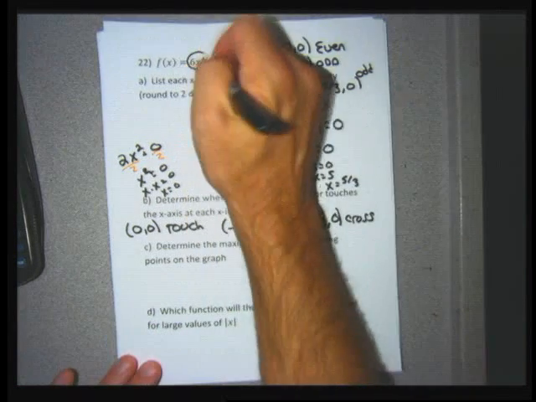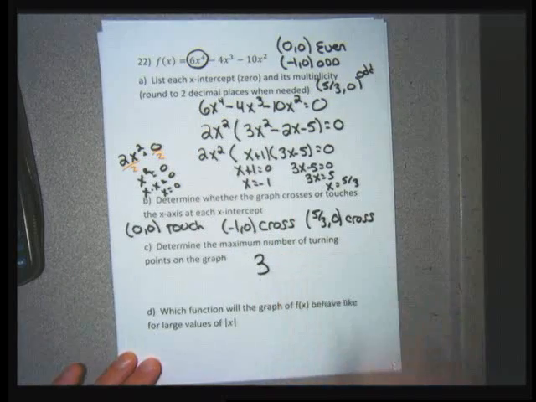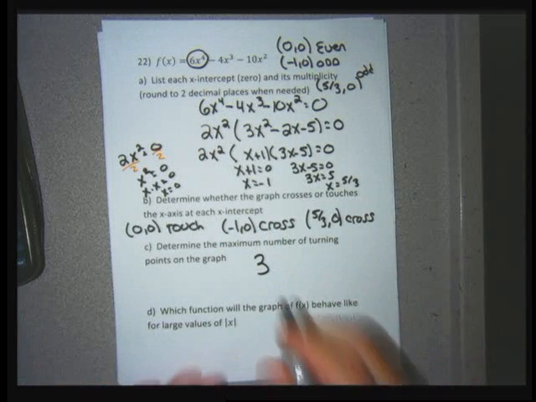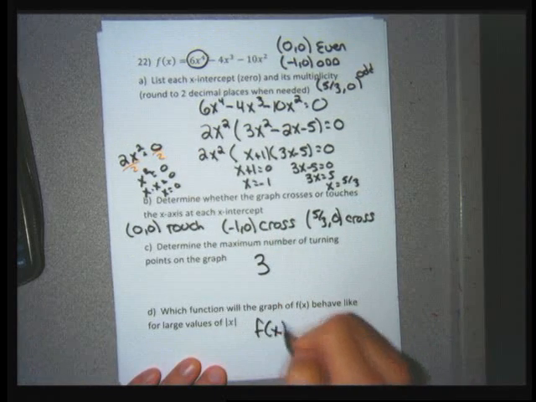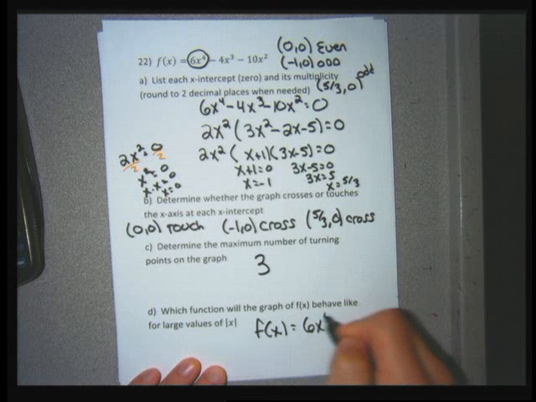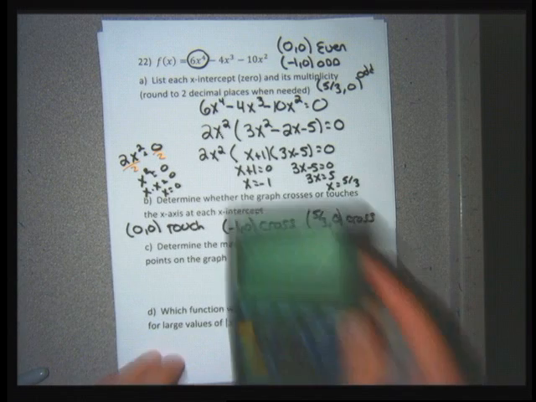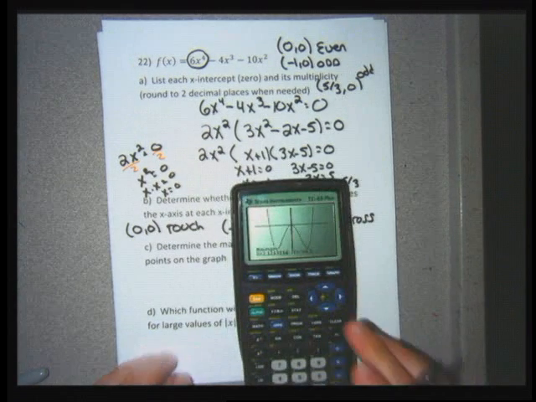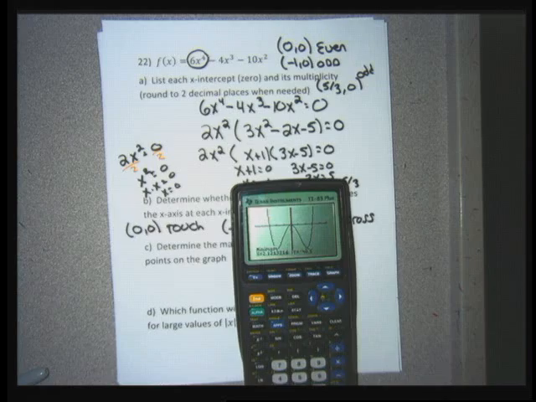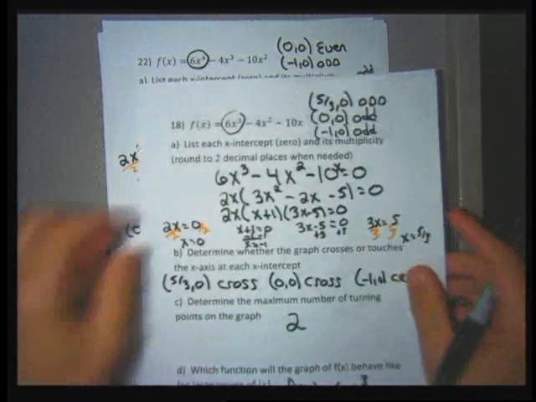This is a 4th degree polynomial. The maximum number of turning points is 3. And if I made a big enough window, the graph of just plain ordinary 6x to the 4th and my function will look very similar in their graphs. So now I'm going to graph this function, and with it in mind, when I did problem 18, that is